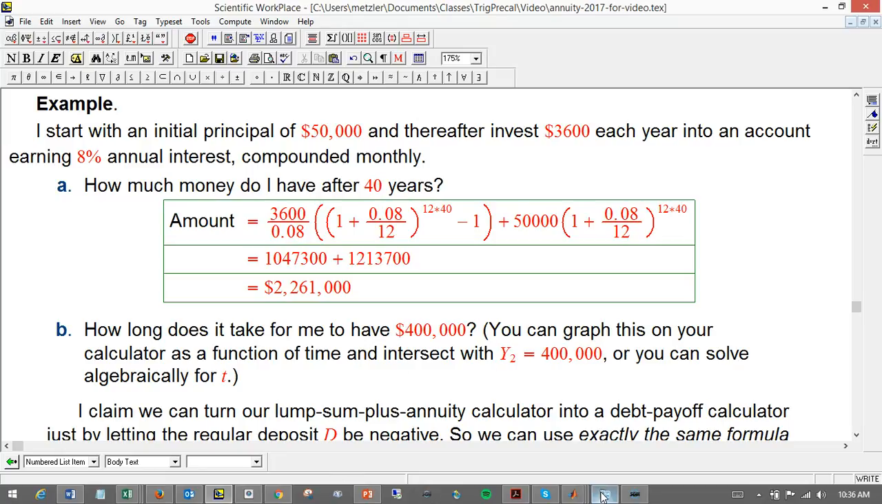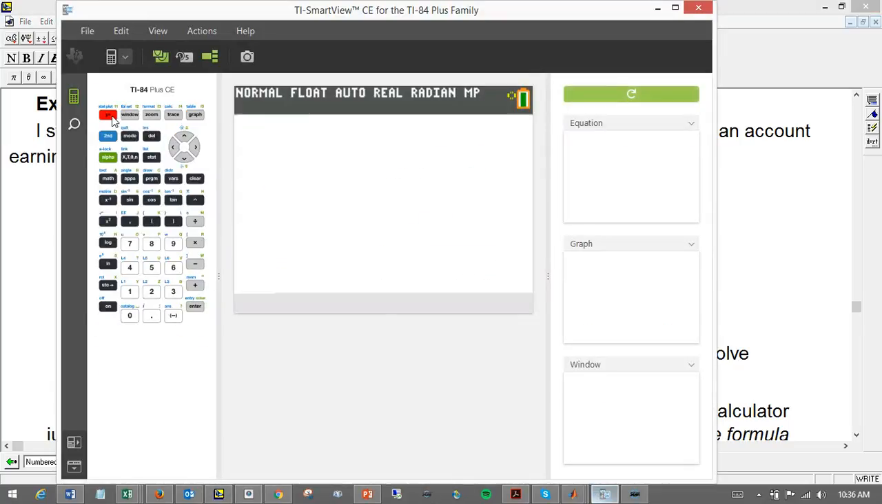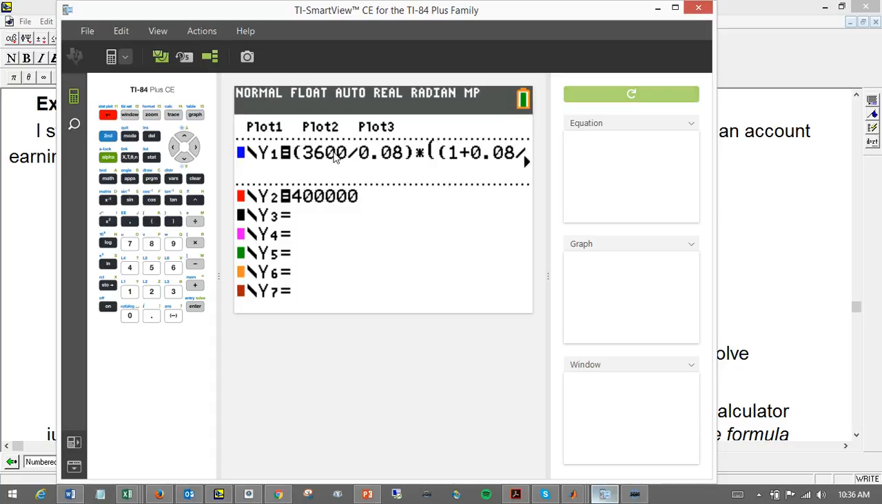So I have that set up here. It's a little laborious to plug in this whole formula, with all the parentheses really careful. 3600 over 0.08, 1.08 over, wait for it, 12 to the 12x, etc. So I'm just putting in an x as usual where the time variable would be, putting in both parts. You could make this a little more efficient, but I'm still keeping them separate. Okay. And then I'm putting in as a y2, $400,000. Now, I already know what a good window would be for this,